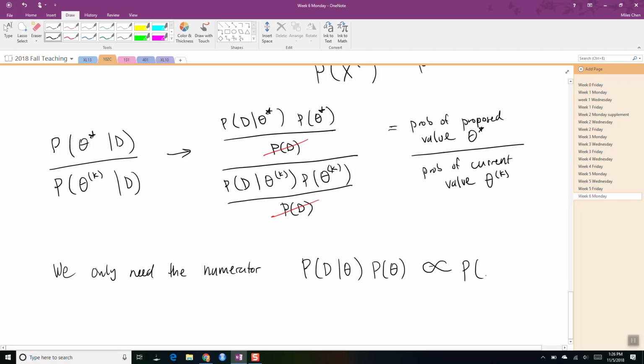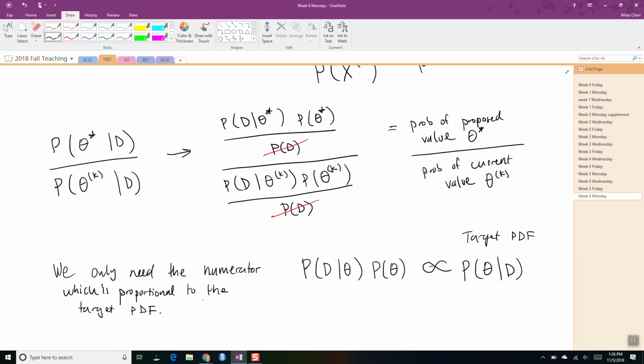And this will be proportional to, so this is our target PDF, right? Our target PDF is this, and we have the numerator which is proportional to it. We only need the numerator which is proportional to the target PDF, okay? And so this is incredibly handy. Okay. Furthermore,